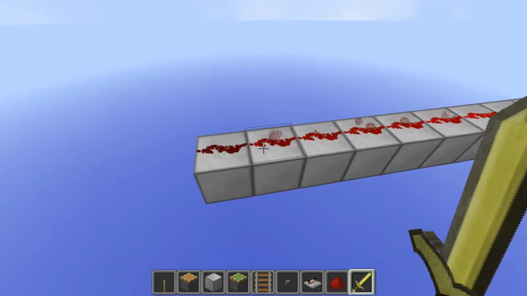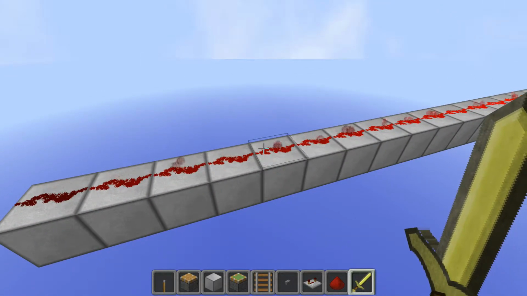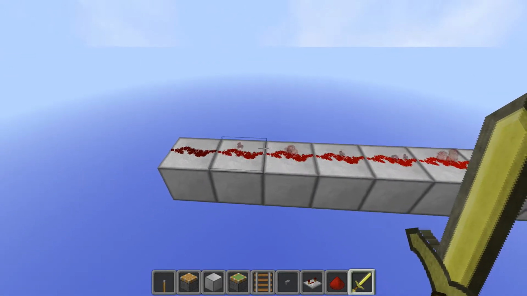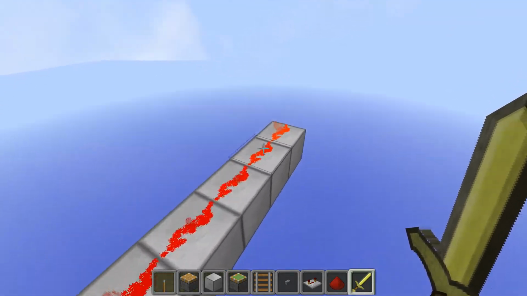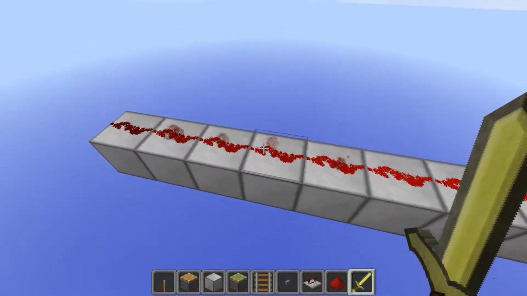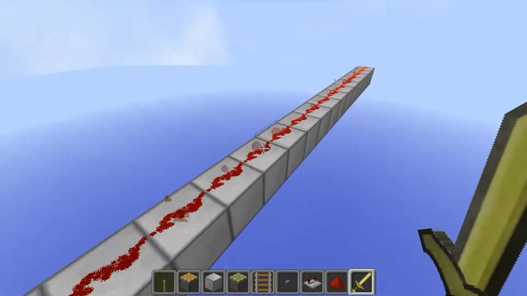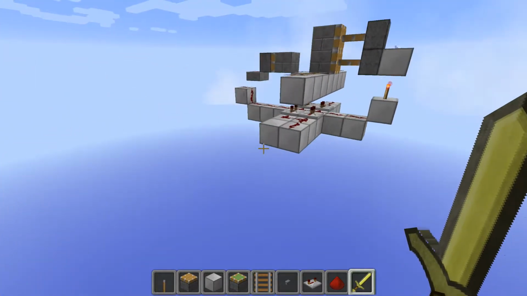But more importantly, you can see that the redstone that is powered gets less and less bright. It is actually getting less power. So at the start here, you have full 15 power levels, and as you go down, it reduces by 1 until you get 0. And this is very important for how my door works. Because once we're back over here,